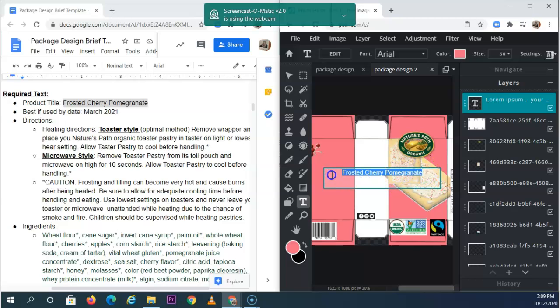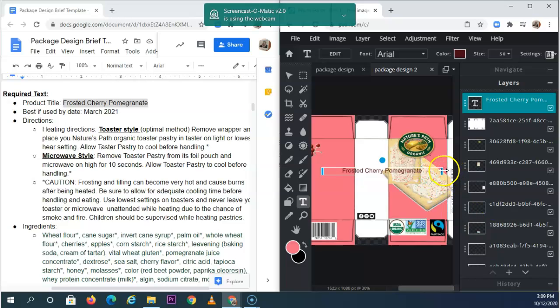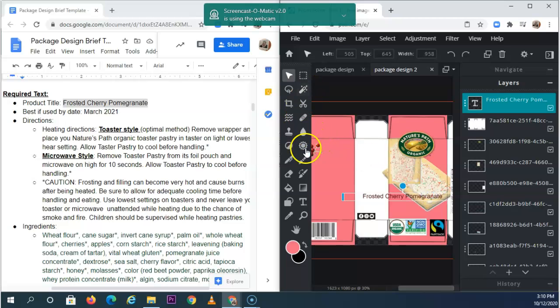Now I don't want it to be this pinkish color, so I'm going to highlight it and change it to be a different color. So I'm going to go with a really dark red, not black necessarily, because I want it to relate to my other colors. You have your own design opinions about this, and I'm going to definitely want Frosted Cherry Pomegranate on the front of the box, so I'm going to try and edit this. So I need to make it smaller, so I'm going to double click on this, and it allows me to edit the text. I'm going to hit an enter in the middle there so that it goes onto 2 lines. That's looking nice. I'm going to set it right there for now,